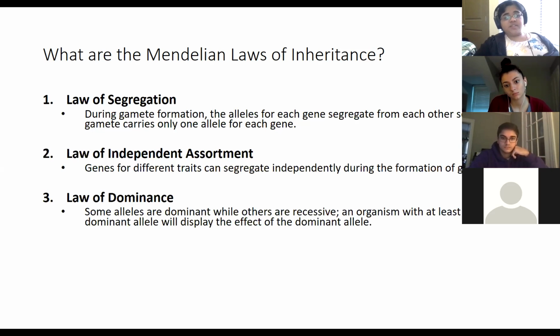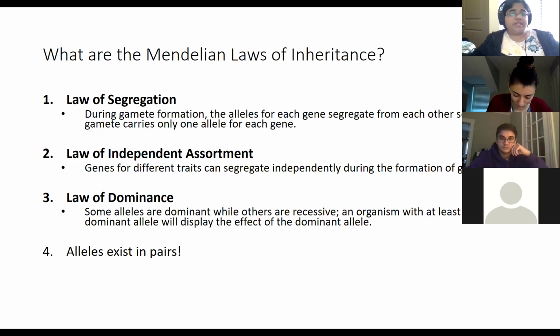Law of dominance, you see some alleles that are dominant while others are recessive. If an organism shows at least one dominant allele, it will display the effect of the dominant allele. And then, as we know, alleles come in pairs because you get one allele from mom, one allele from dad,